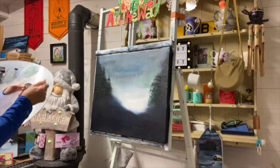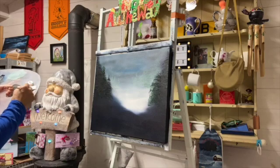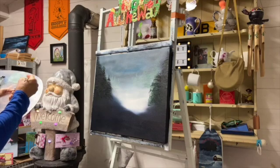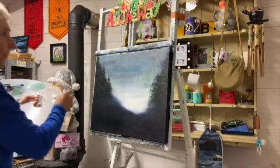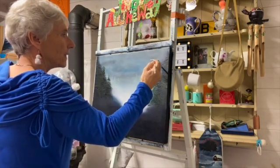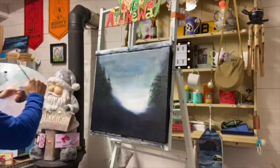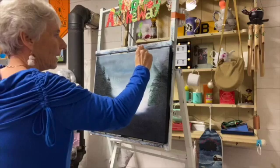Right, I'm going to take my, what's this? This is a fan blender, so it's a little bit softer than a normal oil fan brush. And I'm just going to go over these very lightly, a little bit of snow. Okay,